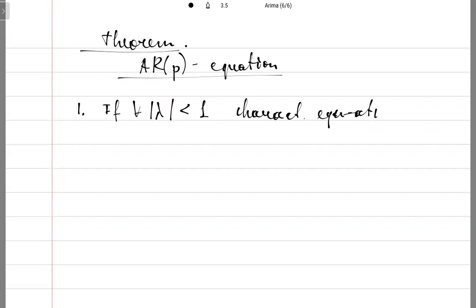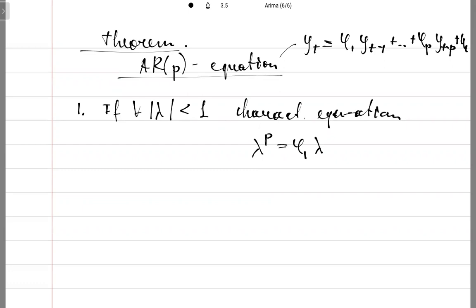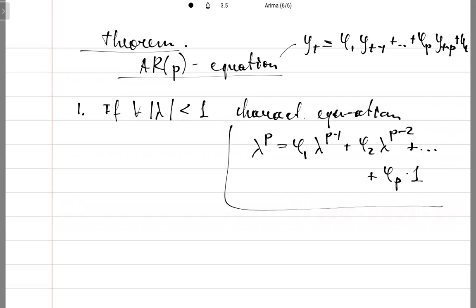I mean the following. Let's have an AR(p) equation like y_t is phi_1 y_{t-1} plus ... plus phi_p y_{t-p} plus u_t, and by characteristic equation I mean lambda to the power p equals phi_1 lambda^{p-1} plus phi_2 lambda^{p-2} plus ... plus phi_p times 1. By characteristic equation, I mean this one. And if all lambdas are less than 1, then